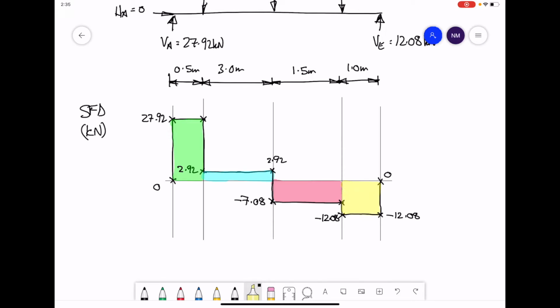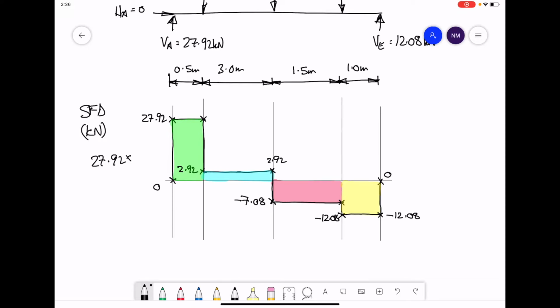Simply the height on the shear force diagram multiplied by the length. The lengths are given: 0.5, 3, 1.5 and 1. So to calculate the areas, we will do